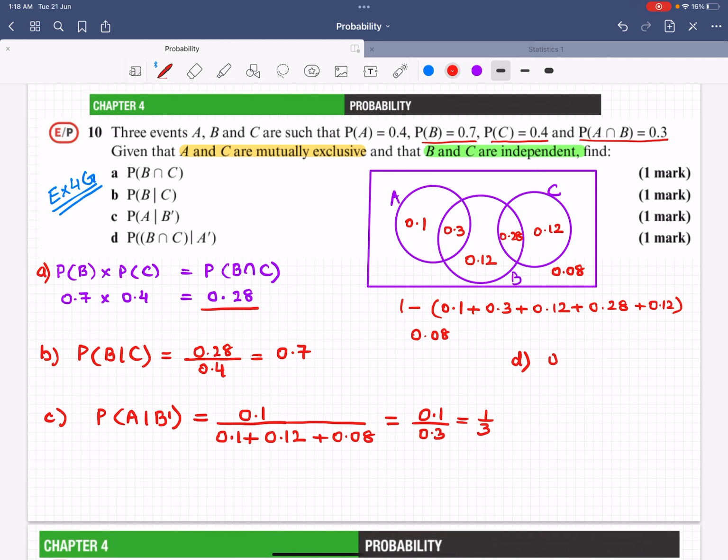So that is 0.28 divided by 0.12 plus 0.28 plus 0.12 again and plus 0.08. When we simplify this, we get 7 over 15, which is